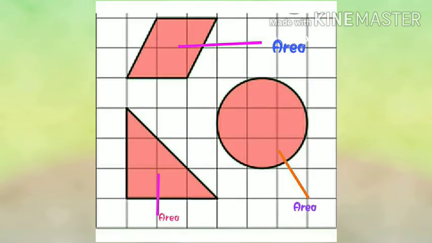Next topic, area. The area of a figure is the amount of space taken up by the figure. Page number 72. Saina: I have more chikki than you. Virat: I have more chikki than you. Sumatai: Stop, don't fight. Why don't you count the number of chikki squares you have?